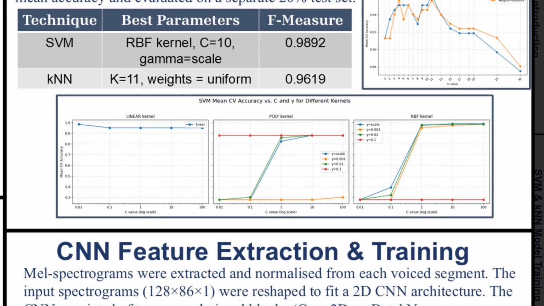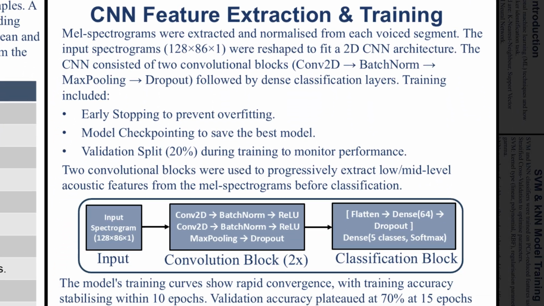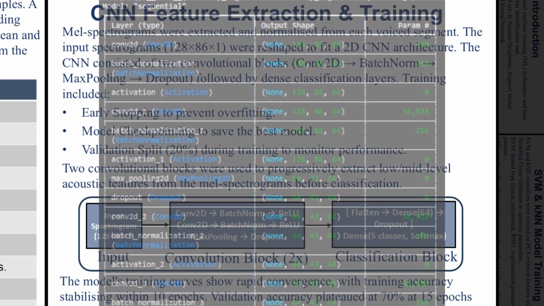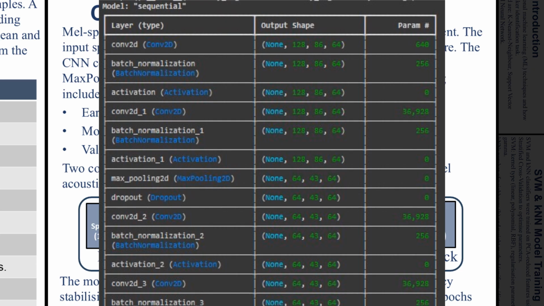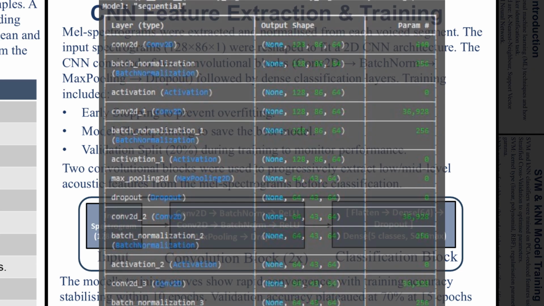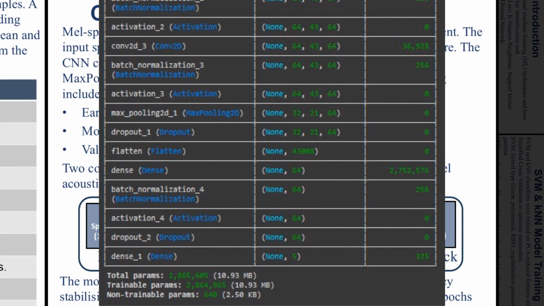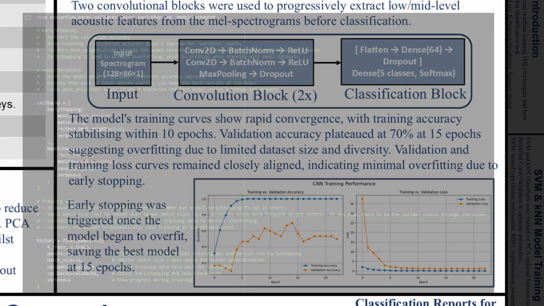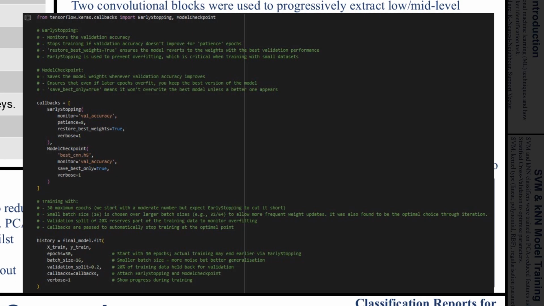For the CNN, I used Mel spectrograms as 2D inputs, with 128 Mel bands and a time resolution of 86 frames. The network included 2 convolutional blocks with batch norm, ReLU activations, max pooling, and dropout layers, followed by 2 dense layers for classification. The model was trained using a 20% validation split, with early stopping and model checkpointing to